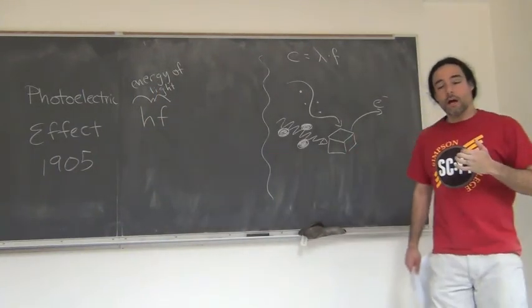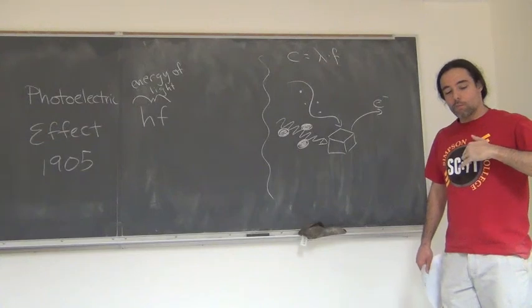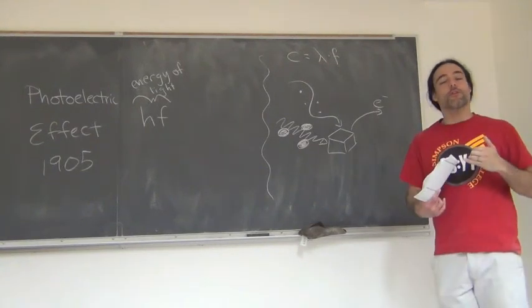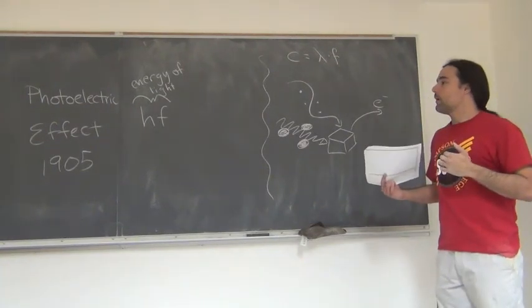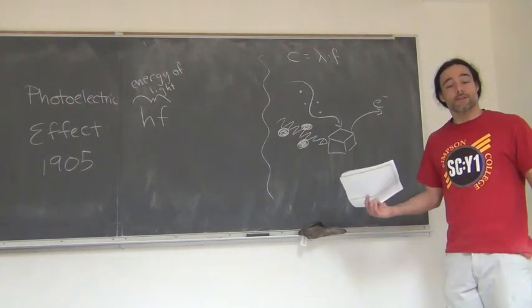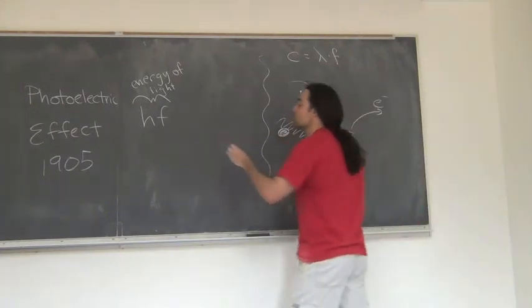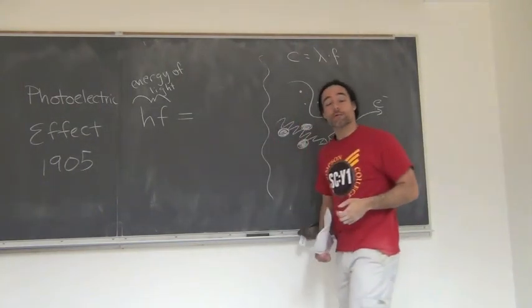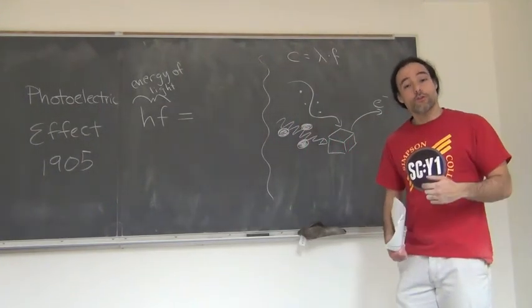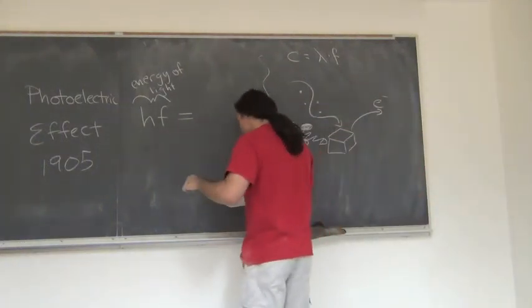And that's a little, atomic physics is a little confusing. But even though it's confusing, energy still has to be conserved. So that energy has to go somewhere. So where does the energy of the light go if it gets absorbed by the electron? Well, it goes to two places. The first place it goes